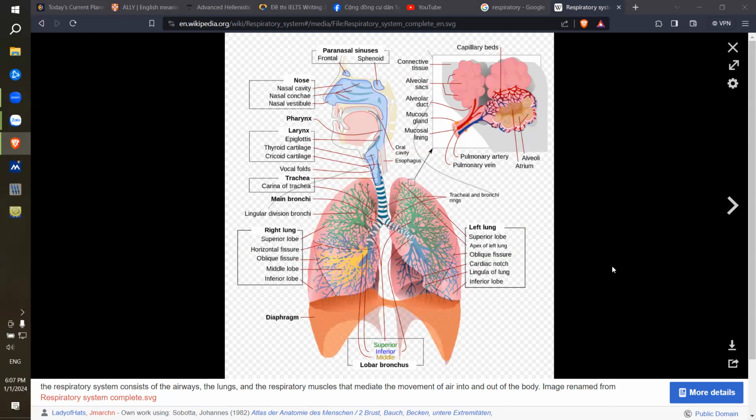So the hemoglobin is part of a red blood cell, right? Basically, when the red blood cell moves inside the bloodstream, it brings the oxygen back to wherever in the body, right? Including the heart. Okay, that is a better way because it makes more sense. It's more logical, you know.